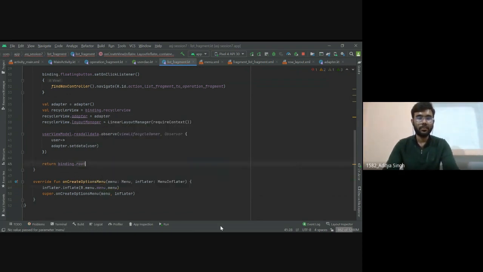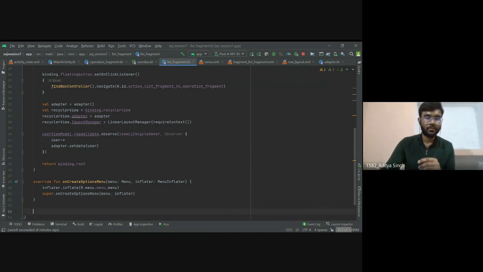Okay, so this is how it's done. Now there is one more thing. What we need to do is detect the selection of that item as well. Till now we have just created it. Now we want to detect when it got selected, that yes, now our menu item is selected, and then do some further work on that.